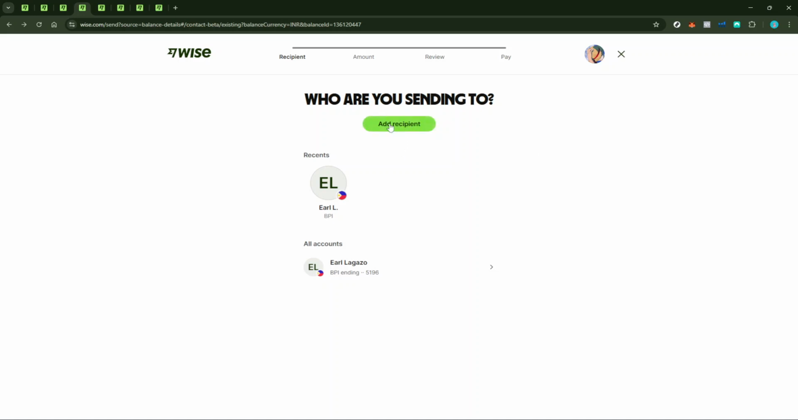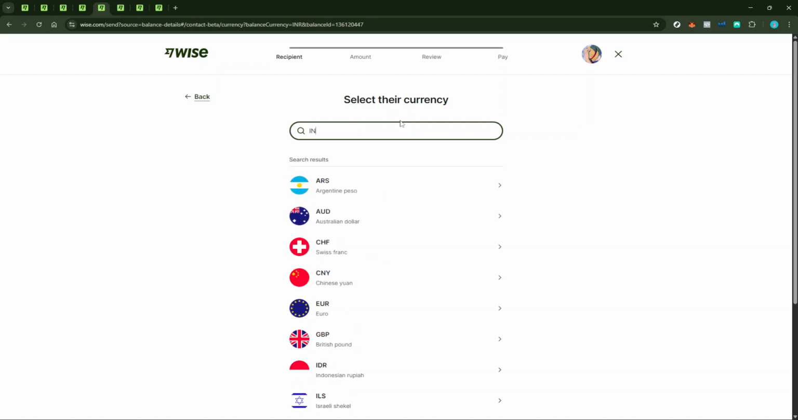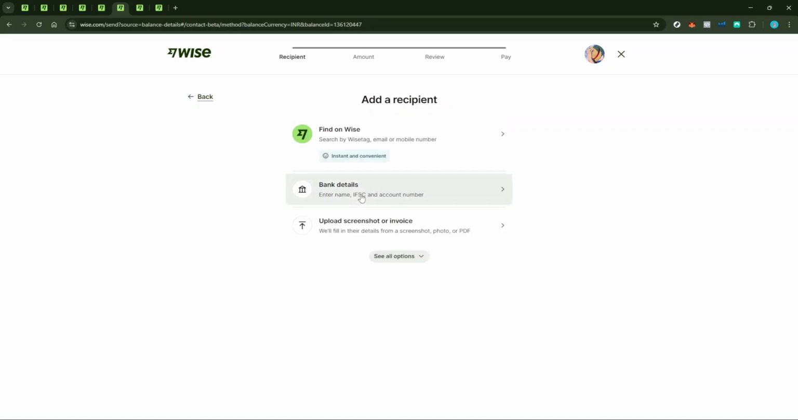At this point, Wise will ask who you are sending the money to. You're going to want to make sure all the information entered here is correct because this ensures a successful transfer. After selecting Add Recipient, it's time to choose the currency your recipient will receive, which in this instance is Indian rupee, abbreviated as INR. Selecting INR ensures that funds are converted appropriately and arrive in a currency that your recipient